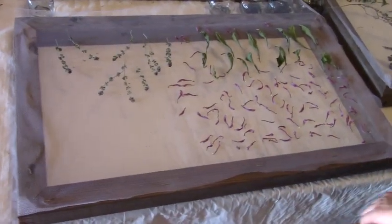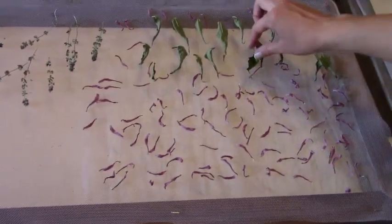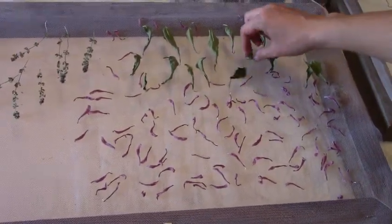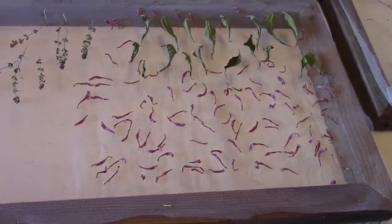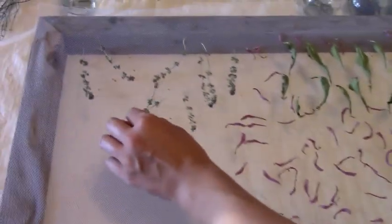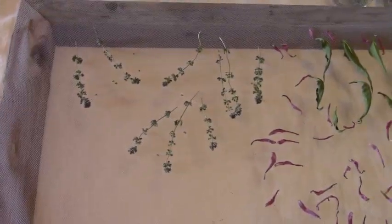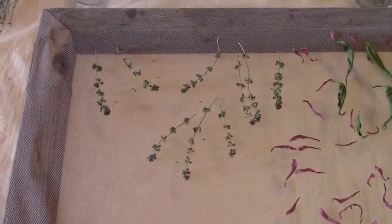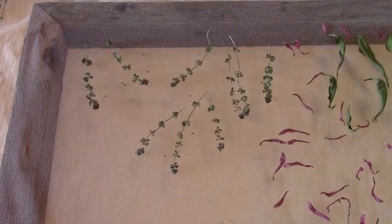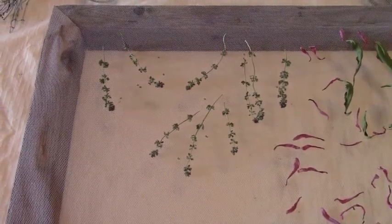On this screen, I actually have my echinacea petals and echinacea leaves that I'll be saving for echinacea tea. And then over here, I have lemon thyme, and the leaves are awesome, but it was flowering, and so I decided I would snip some of them off, dry it just to see if